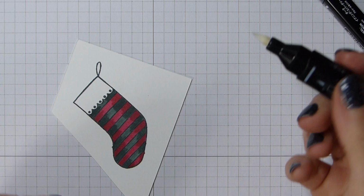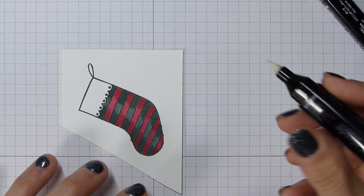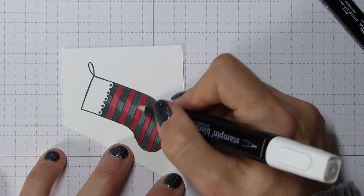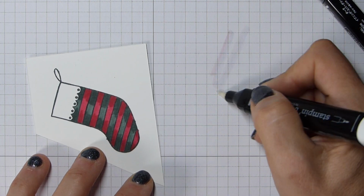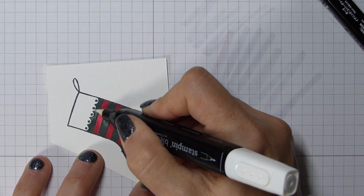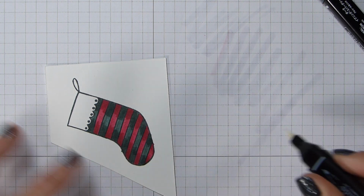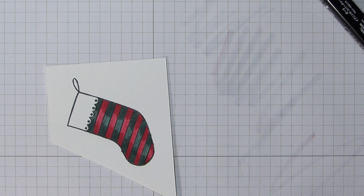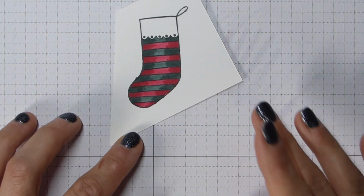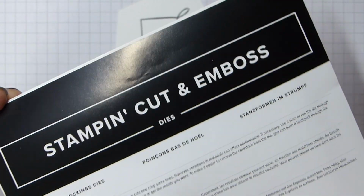I've used the brush tip and I'm going to go on the red first. Don't go all the way up because you'll smudge your colours in together. And I literally am just sort of blending stroke bleeding those bits together. Make sure you wipe the ink off your pen, and then we can go in with the Evening Evergreen. And I think it kind of gives a bit of a shine. And then, what have I done with them? Here they are. My lovely stocking dies,